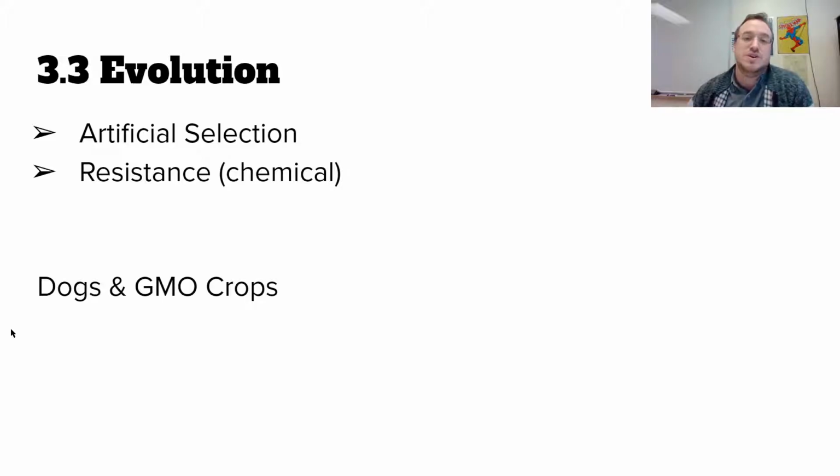If, however, we look at things that humans have made an impact on, these are called artificial selections. So this would be something that humans have said yes to this, no to that. How does this balance out? And it's kind of like selective breeding in dogs, right?